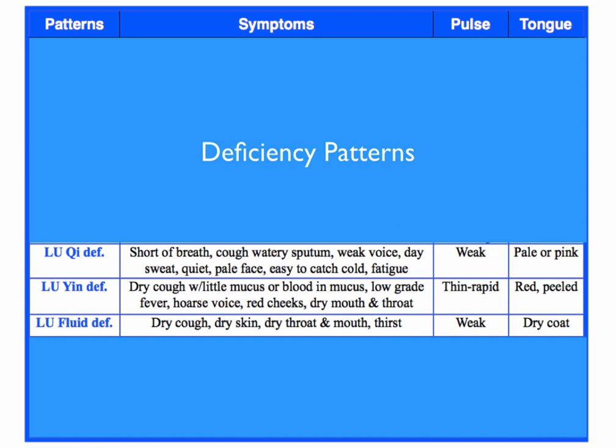With LU yin deficiency, the cough is very dry and it's chronic. Sometimes if someone has smoked for 40 years, they may have a little bit of phlegm or blood in the phlegm, but mostly it's a dry cough. The person feels hot most of the time, like that low-grade fever means the person feels hot in the afternoon or at night mostly. They may have night sweat or just feeling hot at night, and they probably cough worse at night. So they have to sit up propped up, because if they lay down, the cough is worse, right?